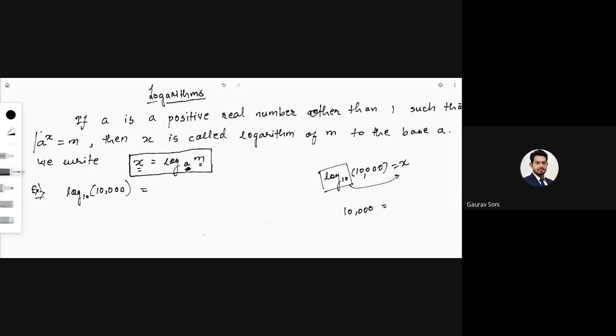Try to relate this with this. If a raised to x is equal to m, then x is equal to log to the base a of m. Now my question is, if you have log to the base 10 of 10,000 equal to x, then 10,000 will be equal to